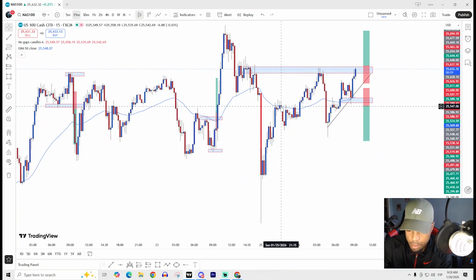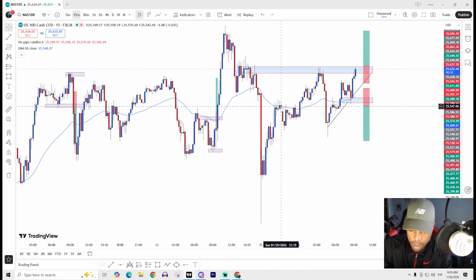And then if we jump into the, I was on the 5 minute. Okay, so 15 minute. All right, cool. We got that mark. Now the 5 minute. I want to say it was, it looks so weird on this chart. I'm not really sure what I'm looking at right now, so